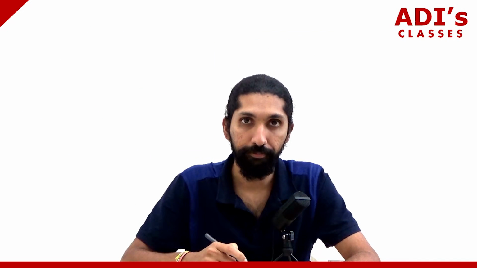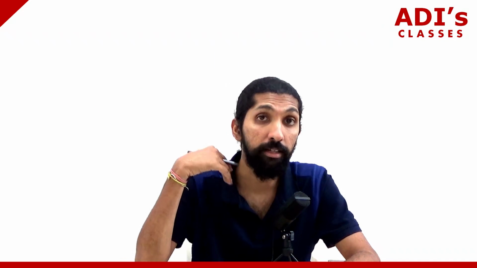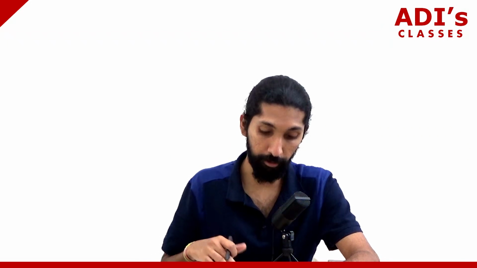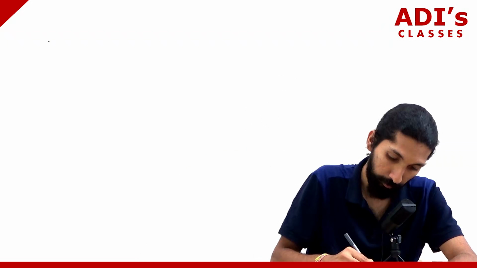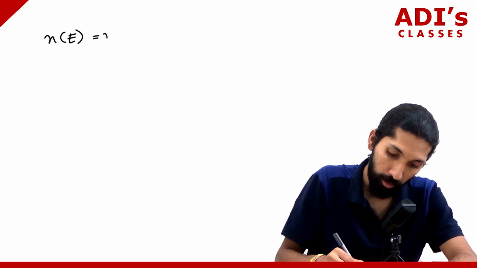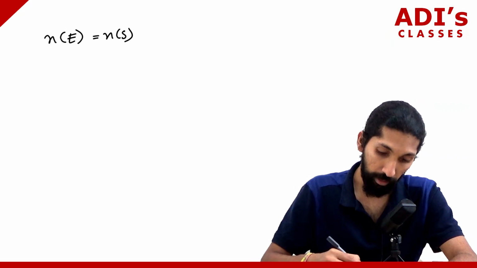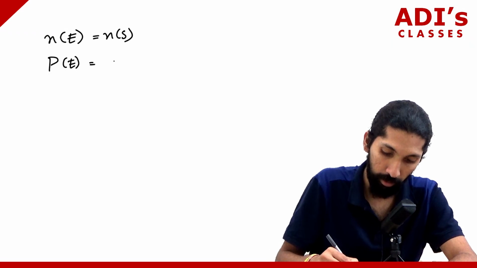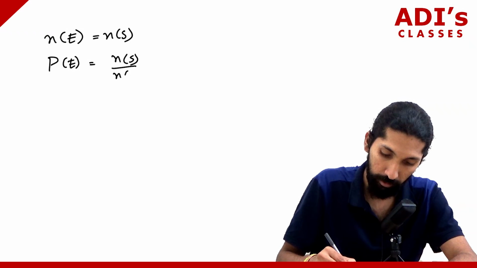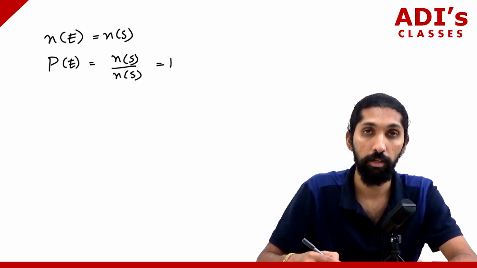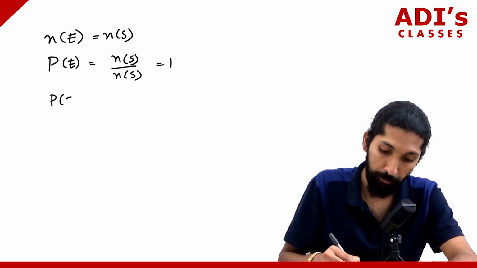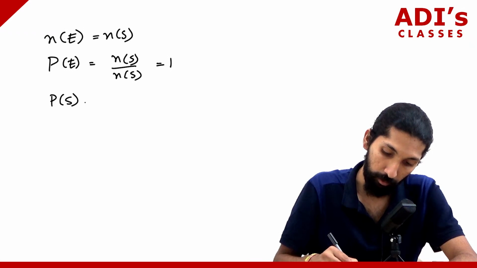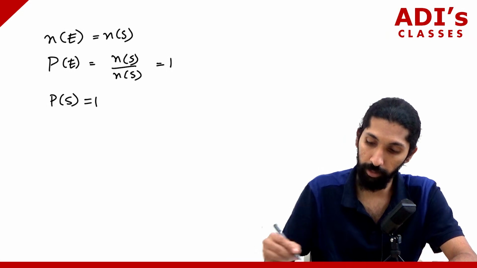Say you have an event, and that event completes the entire sample space itself. In that scenario, n of E is equal to n of S. When n of E is equal to n of S, the probability of such an event is n of S divided by n of S, which is basically 1. So we can say the probability of the sample space, because E is nothing but the entire sample space, P of S, is equal to 1. Now this is a very important relation,